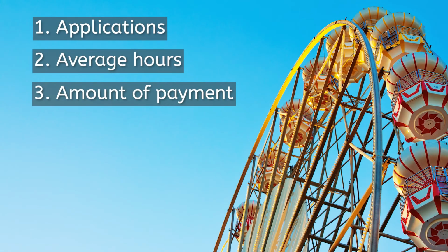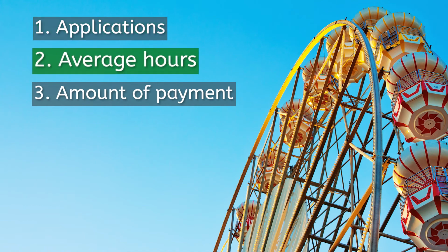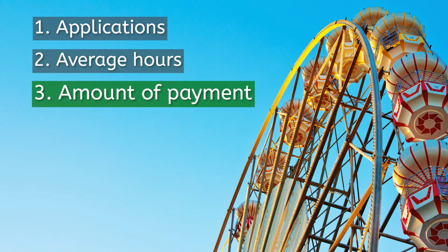Thanks for joining me today on my roller coaster adventure as we learned all about applications with eligibility, job selection, and qualifications, average hours, including the logistics of locations and scheduling, and amount of payment based on job type and payment methods. Well, I need to think about different side jobs I can apply for while you look at the